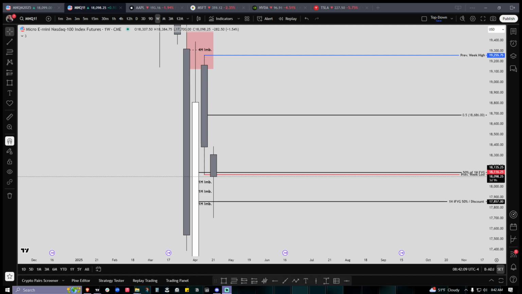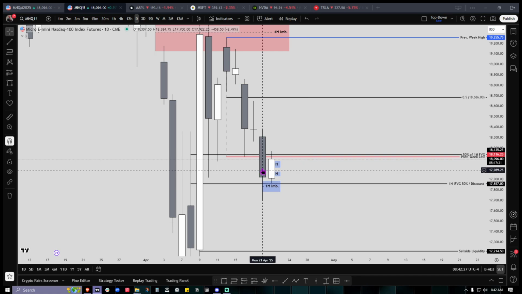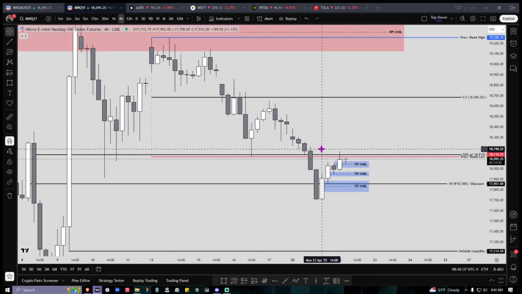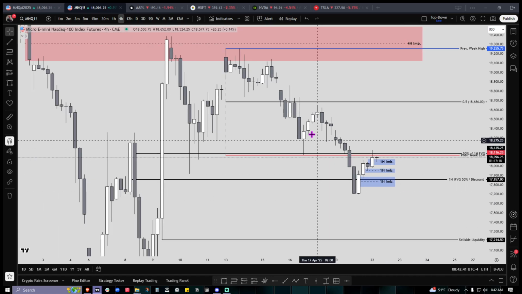Let's go ahead and get into our NASDAQ top-down analysis. So starting here on the weekly, I have marked out the previous week high, previous week low, and 50% of that range. And then moving into the daily, as we can see, we are currently in yesterday's range, so just take note of that. And then dropping into the 4-hour, so to go over what price action did, as we